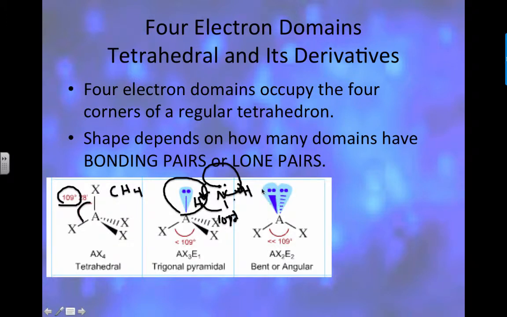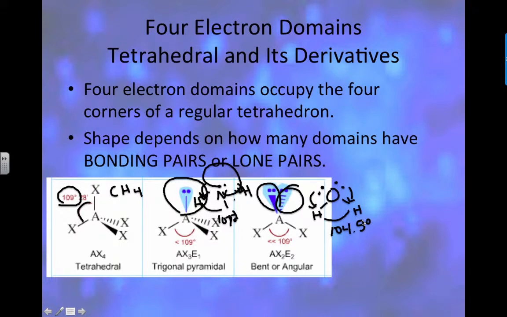Now, if we have two non-bonding pairs, two lone pairs of electrons, that's going to be similar to what we have with water. In fact, that's exactly the kind of shape that water has. The two hydrogens are attached, but then there are two non-bonding pairs that remain with the oxygen. So this bond angle is going to be squished by two sets of lone pairs so that it has only